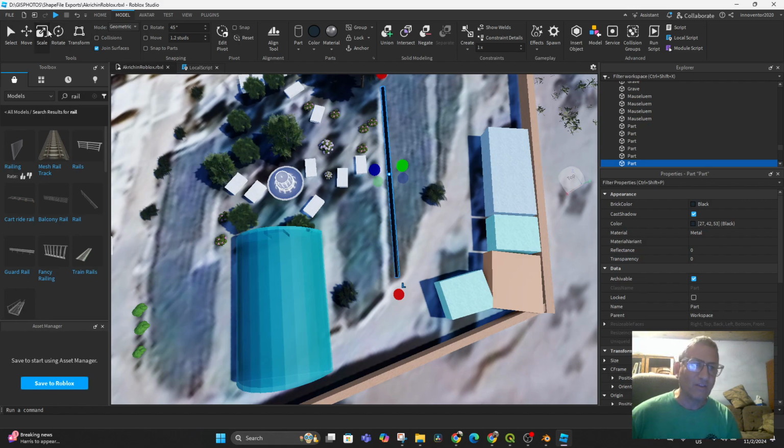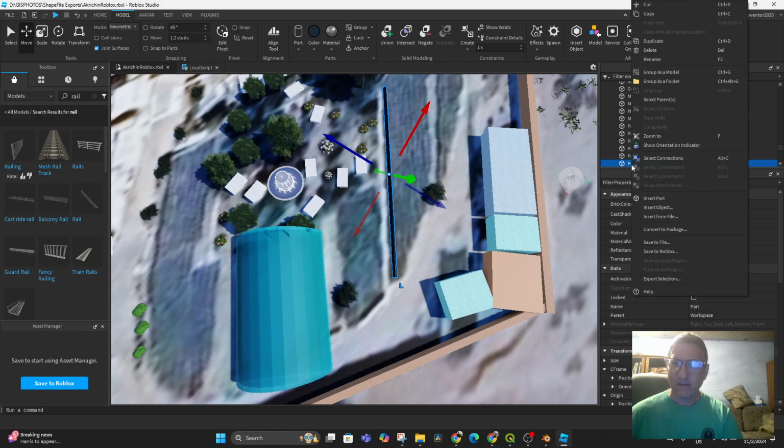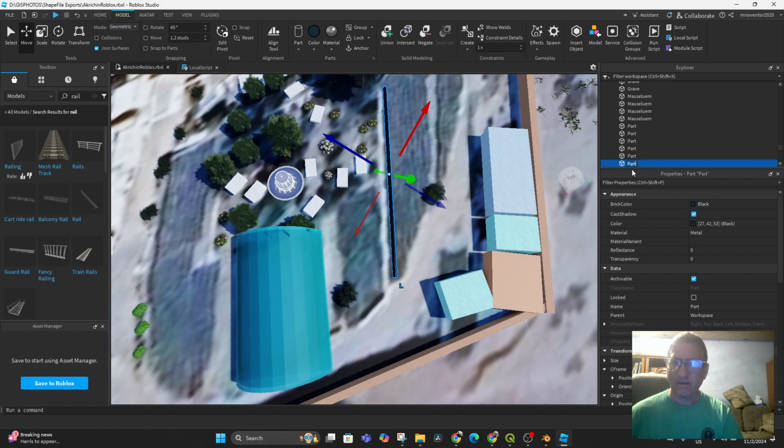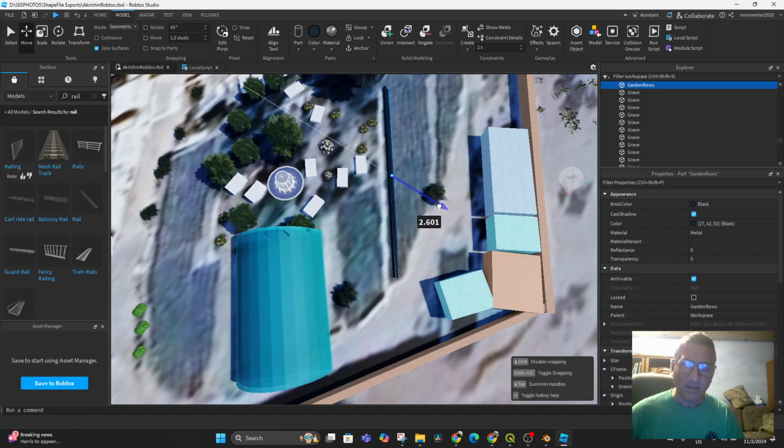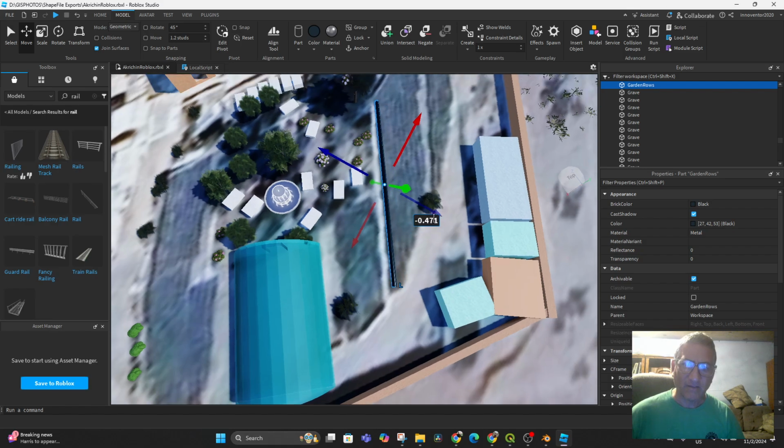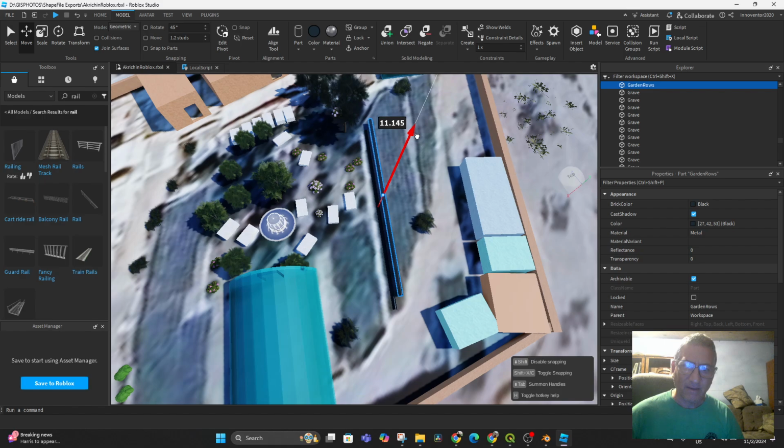But again, they're not straight. I don't think we're ever going to get this completely straight. But if we call this part, we'll call it garden rows. And then we can duplicate. And the problem is this